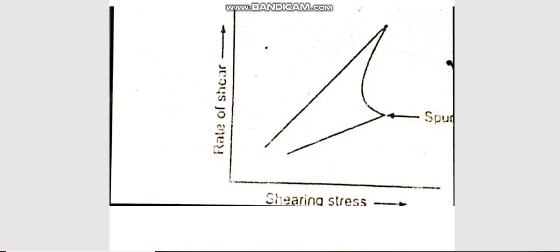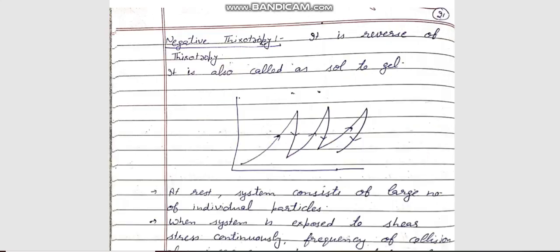So this type of behavior is seen only in case of upcurve. Here is the graph which represents a spur-like structure. Here in the upcurve, a structural breakdown occurs at a sharp point, and this represents the down curve which has the same structure. There has been no modification in this.